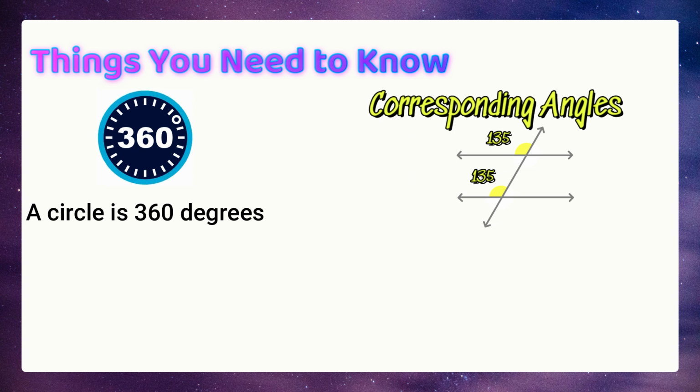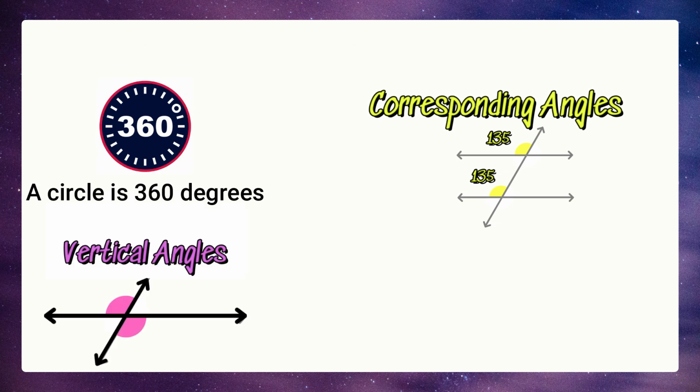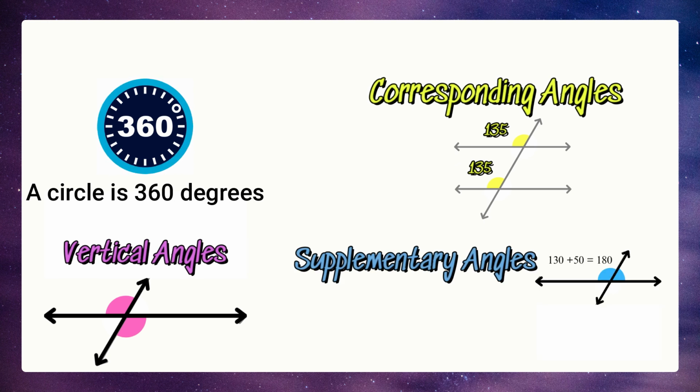The third thing you need to know is our vertical or opposite angles. Okay, we learned that last lesson. And then the fourth thing, I think I said 3, I lied to you. The fourth thing is our supplementary angles. And if you go back about 3 lessons ago, we learned that supplementary angles are 2 angles that equal half of a circle or 180 degrees. So using those 4 things, let's